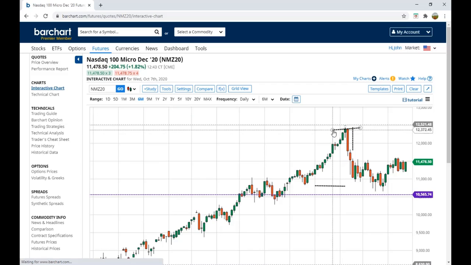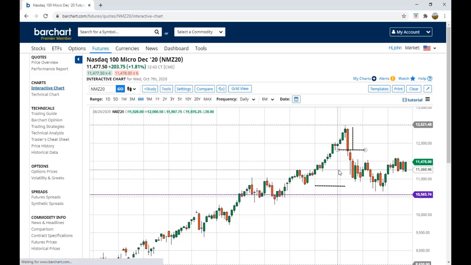My stop would be right there, right? Again, a little bit closer to current price. Now, another technique that I like,